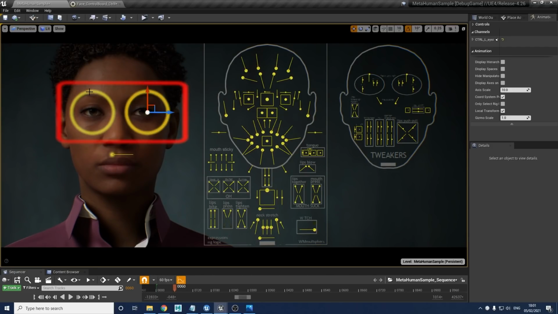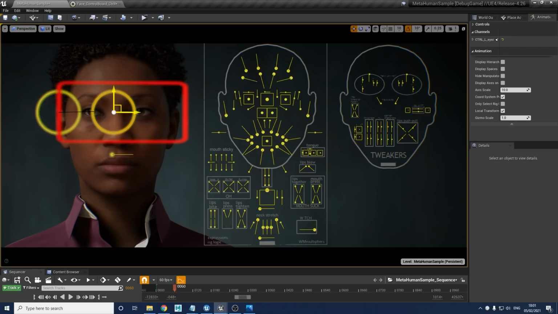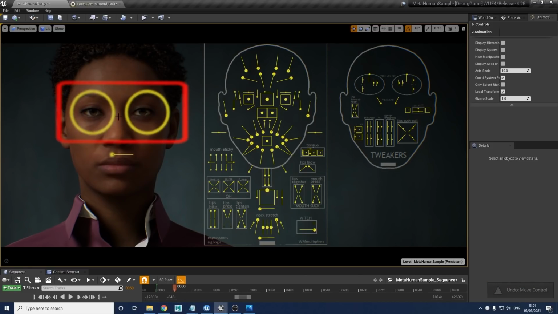There's also these two inner circles here, which move the eyes as well, but they can be moved independently. So if you need one eye tracking something while another eye tracks the floor, if that's what you want, you can do it. The best use that I find for these center controls is to use them for subtle eye darts.